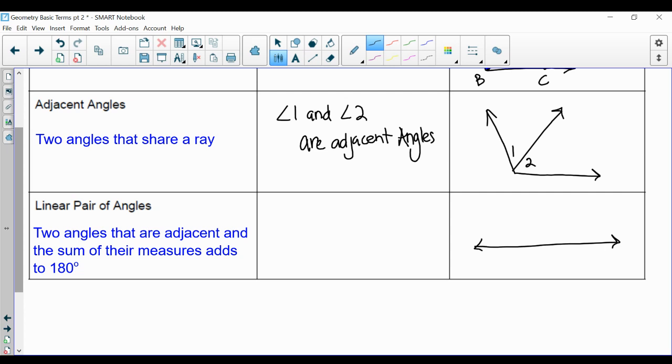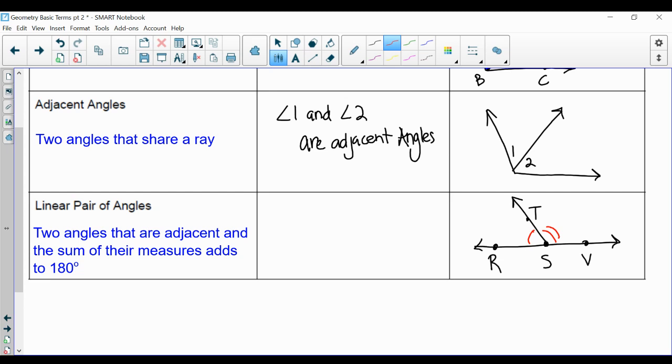So a linear pair is just a pair of adjacent angles. Where any two lines come together, it creates a point. So I'm going to name this RST, and I'm going to call this one over here V. I know that this angle right here and this angle over here are not the same measure, but what I know about them is they're a linear pair and